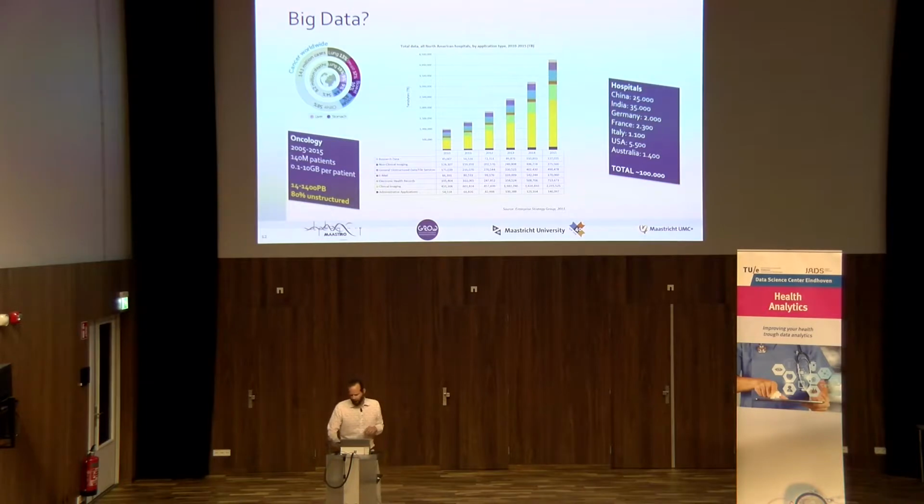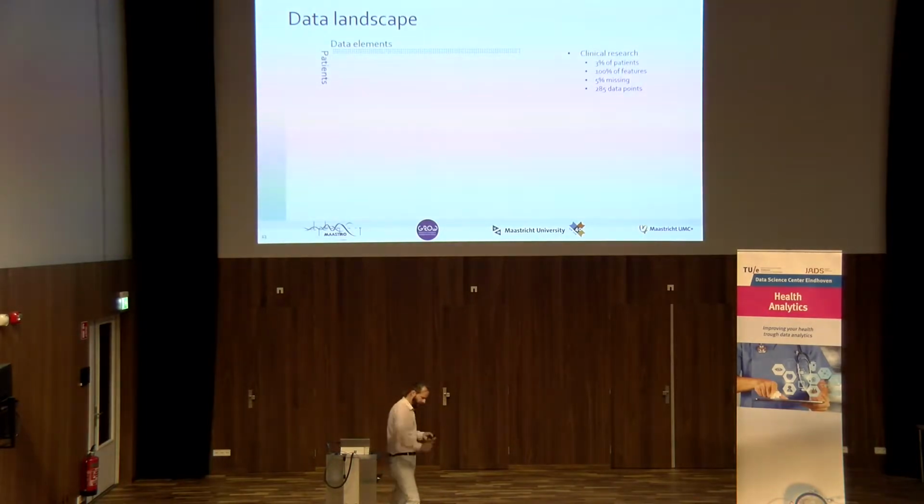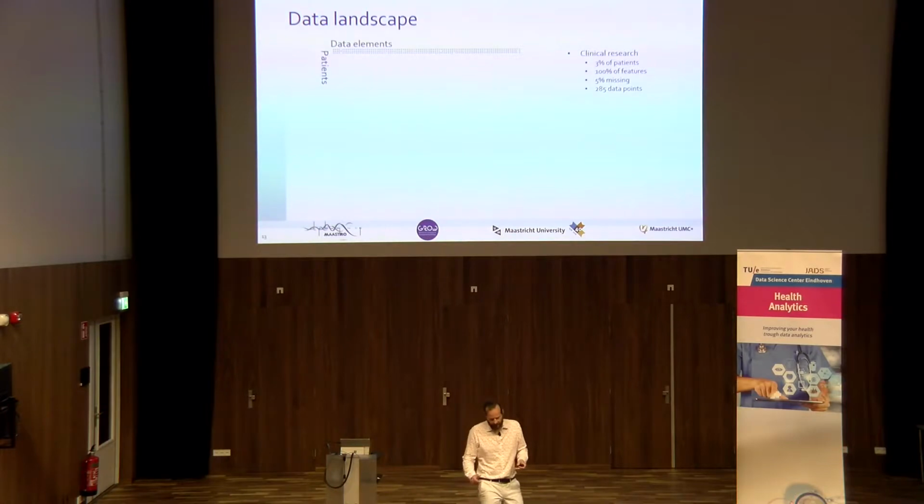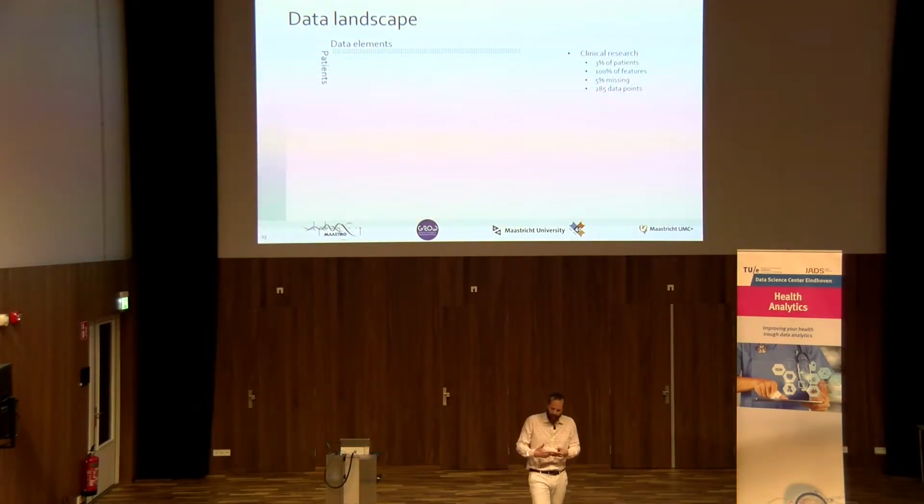So how do we share data then? Suppose I call Sydney, Australia, and I say, here's the Excel sheet, fill in your data for me, right, of lung cancer patients. Suppose I ask that. Well, how do we do that? What we do is we have to start a project together, and we have the Dutch Cancer Society or the European or the Australian minister pay for it, and we do clinical research. And what we do there is we collect a whole lot of data elements on very few patients. On about 3% of the patients, we collect very high quality data. So you see very few missing data here.